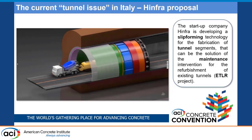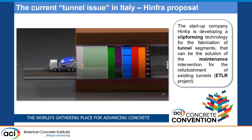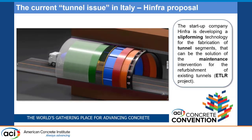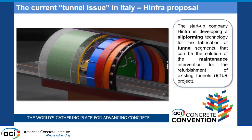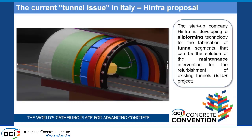What the company Infra is doing is to develop a new retrofitting technique based on extrusion of fiber-reinforced concrete. And this is a video that shows the process. Here you can see the placement of reinforcement. It's an old video, so now we want to use only steel fibers, but the steps consist of first